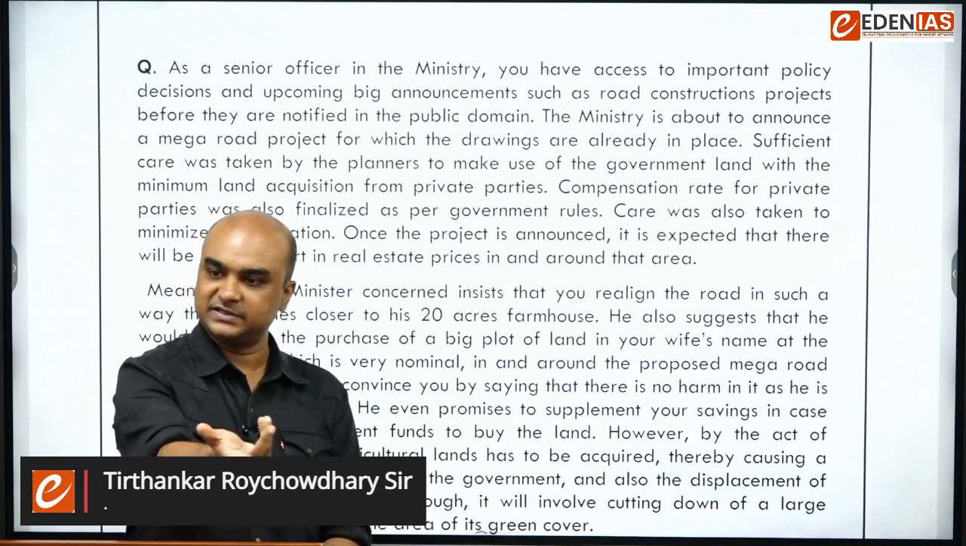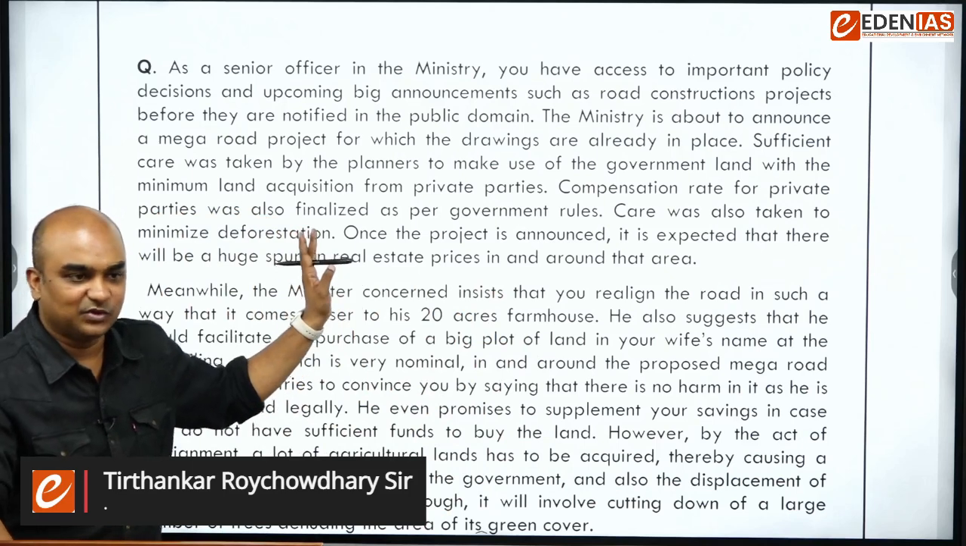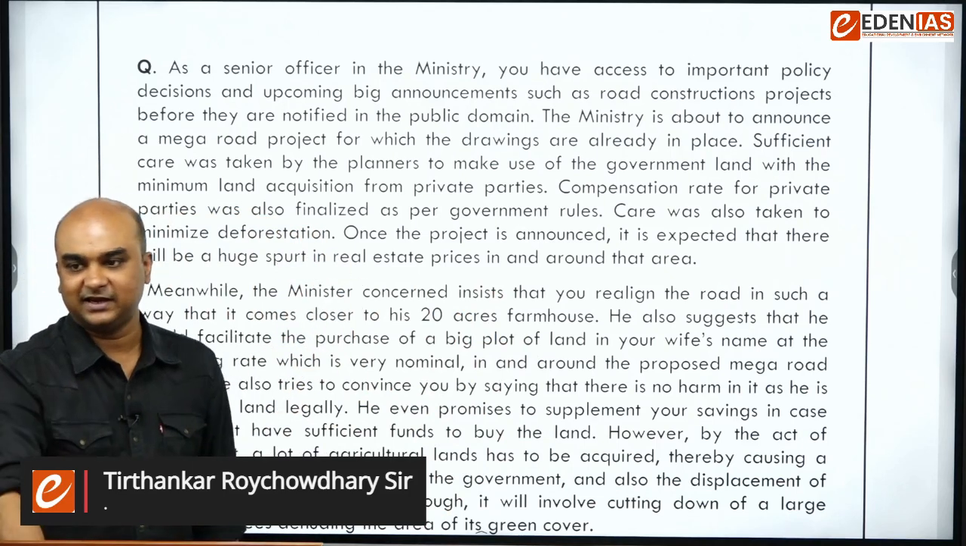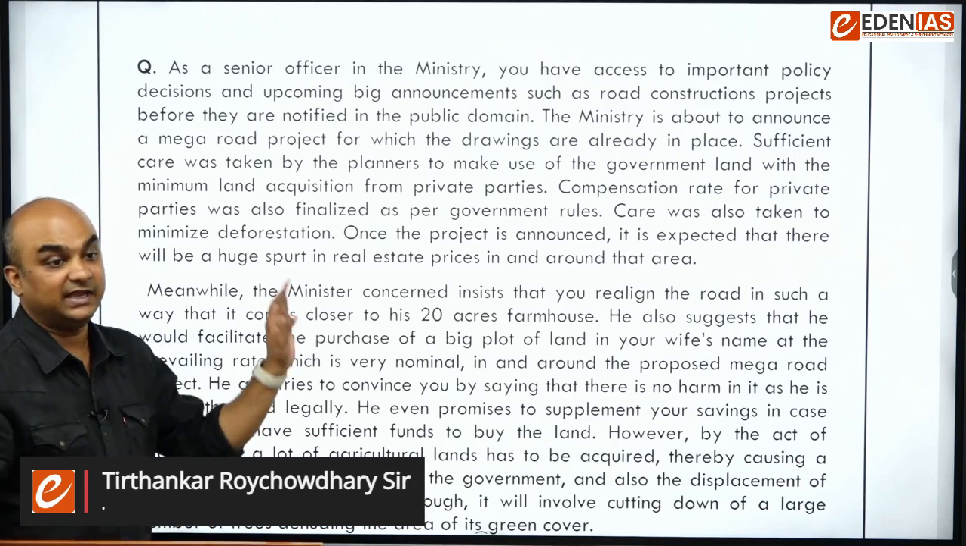Obviously, he is going to purchase it legally. He is not grabbing the land. There is no land grab here, right? It's only a pure case of purchasing the land. But the only thing here that has to be kept in mind is that if you agree to what the